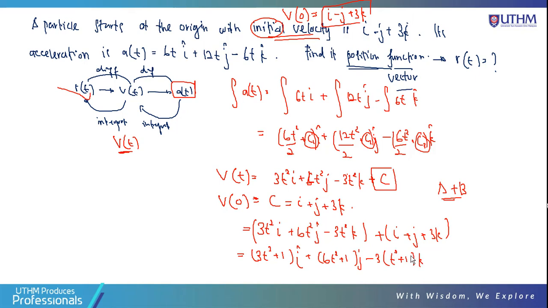Okay, so you can get this answer. After that, barulah you, so this one is v(t), so you dah selesaikan for the C, barulah you integrate for the v(t) to determine for the r(t). So you integrate v(t), so you can get r(t). So your r(t) sama dengan